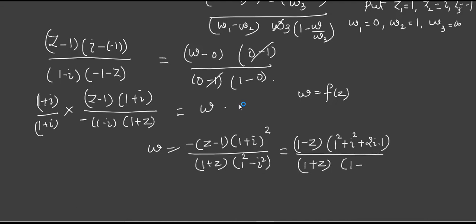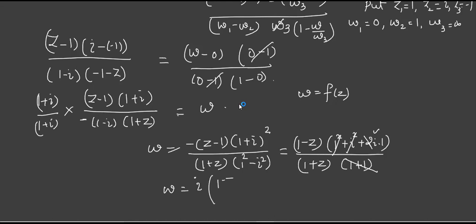Minus 1. So this becomes minus, plus 1. In this, what is i squared? It is minus 1. This minus 1 gets cancelled with plus 1. Now 1 plus 1 is 2. This cancels with this 2. What remains in this cancellation? Only i will remain. So I'll write that i outside.